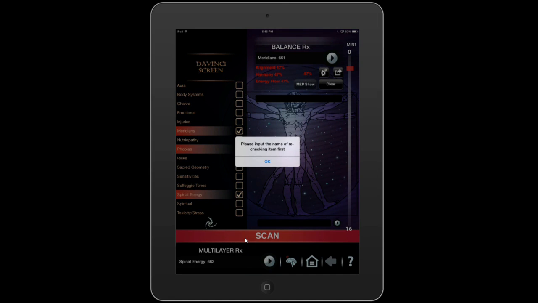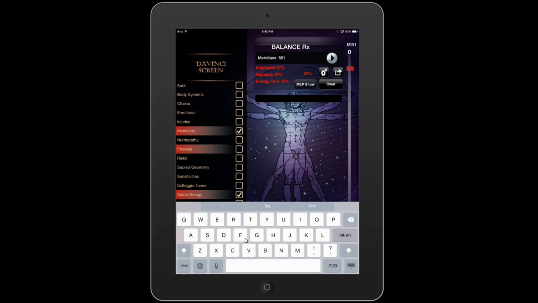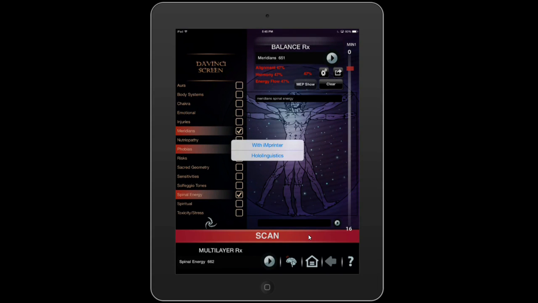I did that on purpose. So we are wanting to recheck meridians and spinal flow or spinal energy. You'll see that it comes up, and it asks us if we have an imprinter attached,